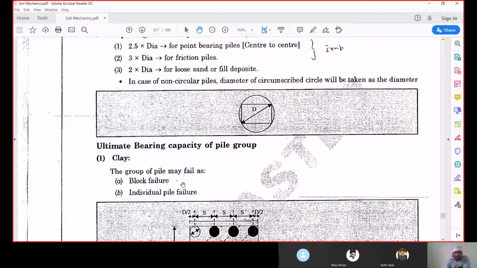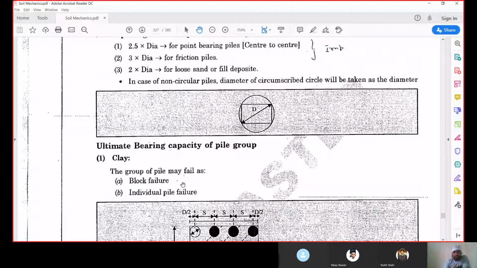Now the value of alpha is equal to 1 in case of pile group block, because there is an interaction between soil particles in the pile block with the soil particles adjacent to the block, right? So in case of block failure, we take alpha equal to 1, because we are assuming the piles in the group are similar to the soil material. Here we are assuming the pile group as a soil group, and adjacent to that soil group we also have soil only. So that's why alpha is equal to 1. Now, the value of alpha is less than 1 in case of single pile. When we are computing ultimate bearing capacity for a single pile, we will be using alpha less than 1.